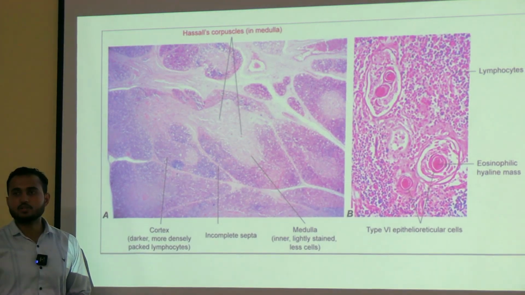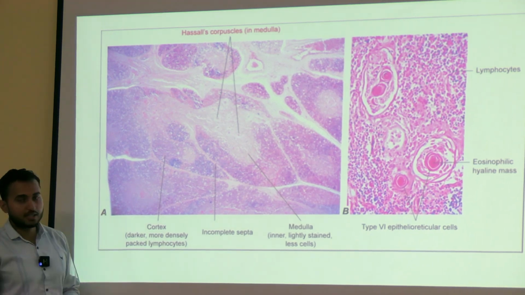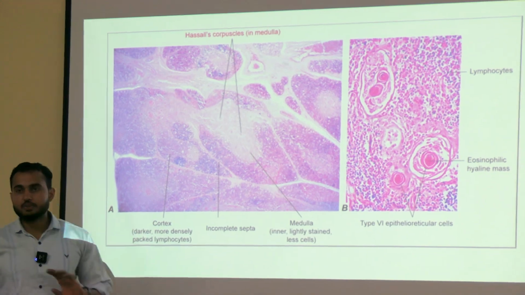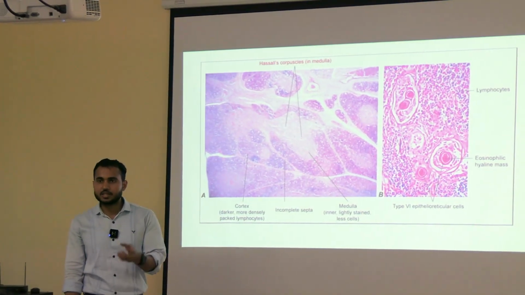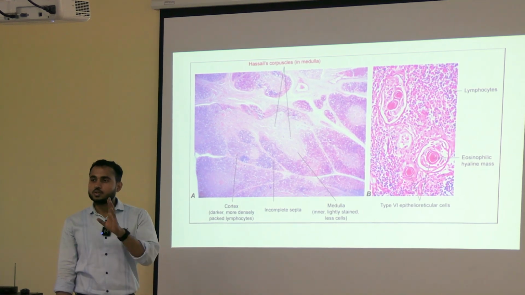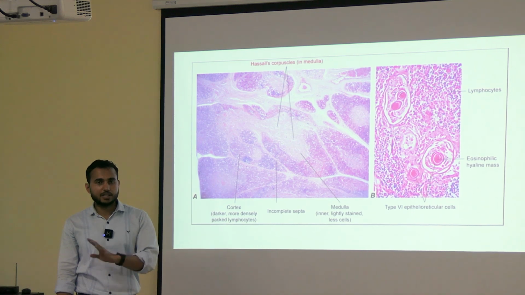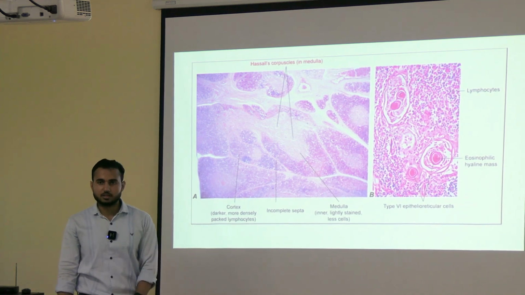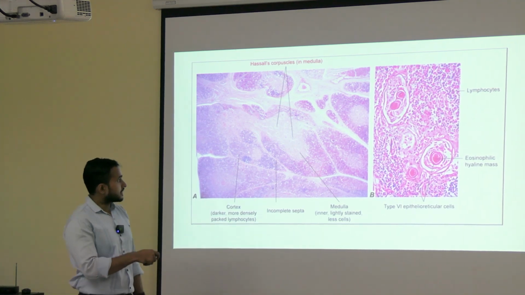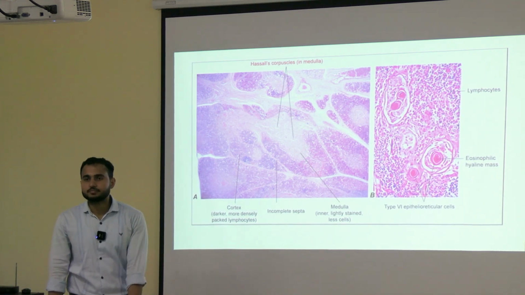Now how to differentiate between cortex and medulla? Cortex here you can see is darkly stained, and medulla you can see is lightly stained. Okay? Why is the medulla lightly stained? Because the aggregation of lymphocytes is very less. Okay? Now don't try to write anything about the germinal center, B lymphocyte, anything. Thymus does not have all these. It's very simple. Okay.